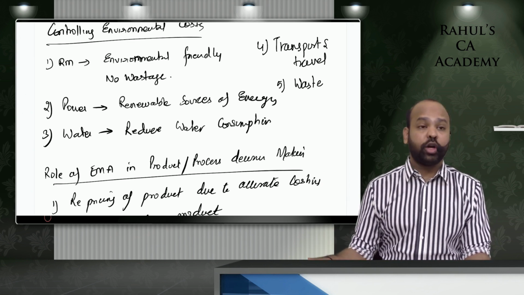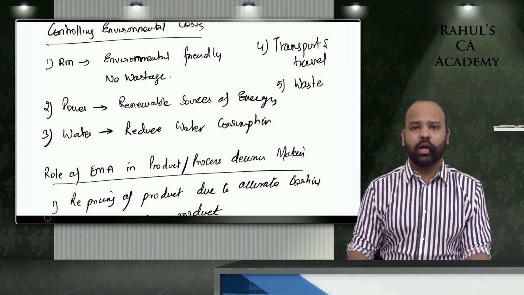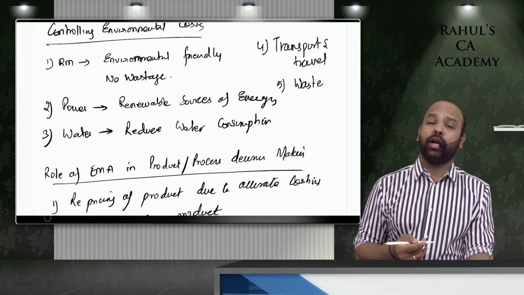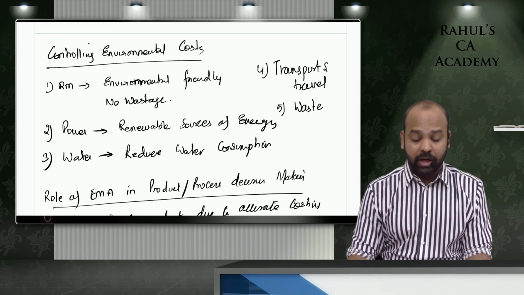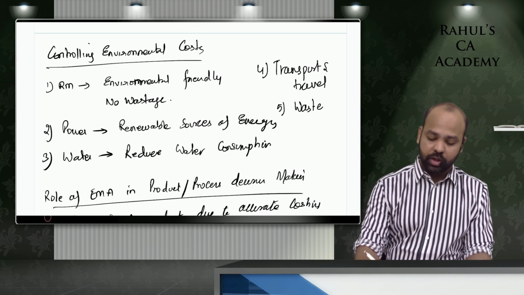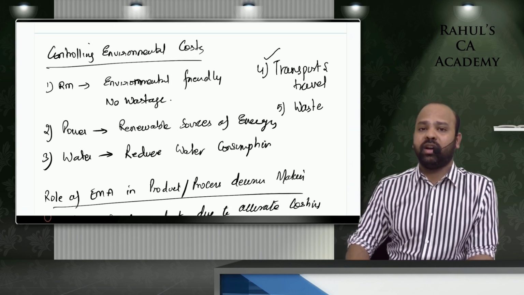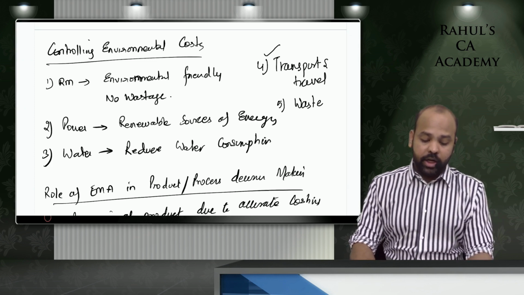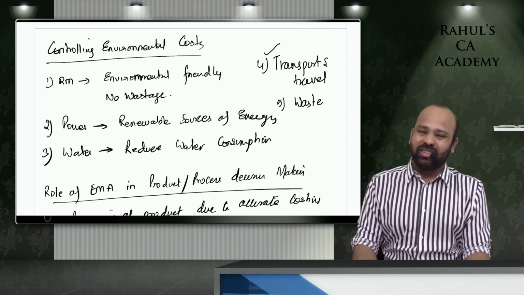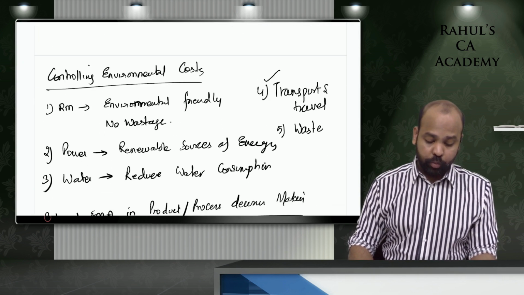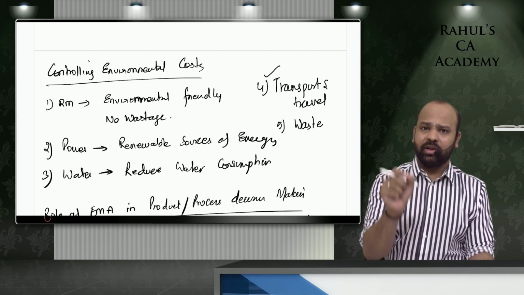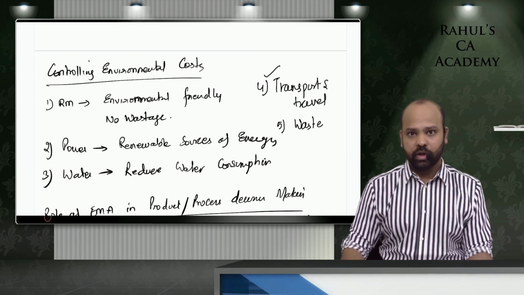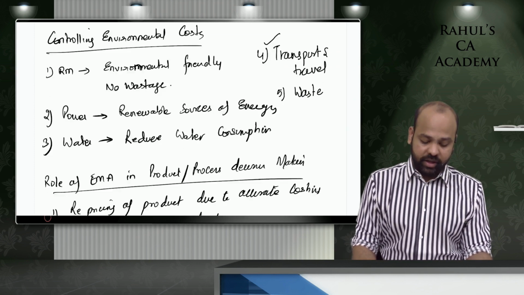Water: try to reduce your water consumption. We spoke about Coca-Cola in the class, how the water consumption reduced from 4 liters to only 1.8 liters for every 1 liter of beverage being manufactured. Shift to better ways of transportation and travel, which is having lesser impact on your environment. And then better ensure that the waste is reduced in your business operations. I hope you understand. These are different scenarios wherein you can control environmental costs. This can be used to answer a case study also. You can use this to answer a case study also.